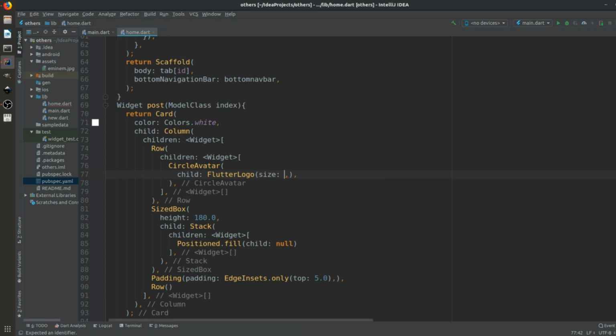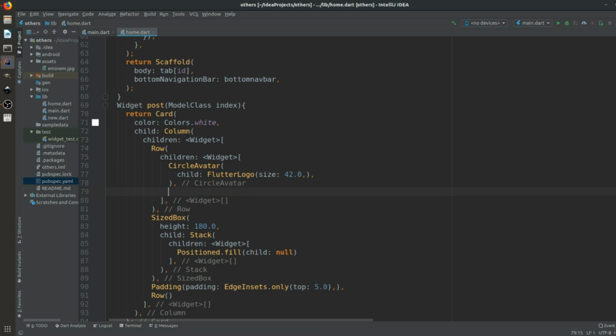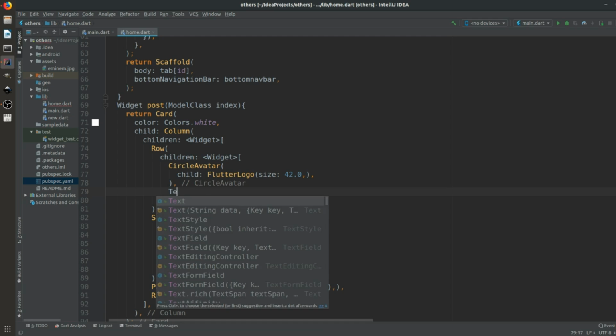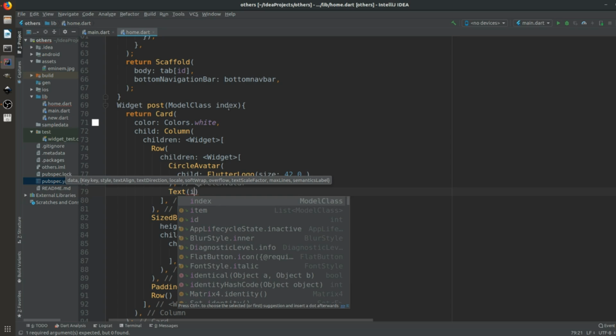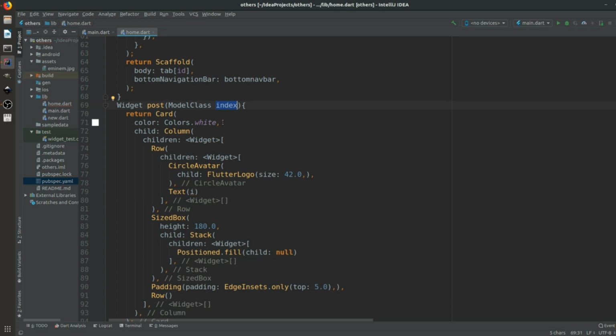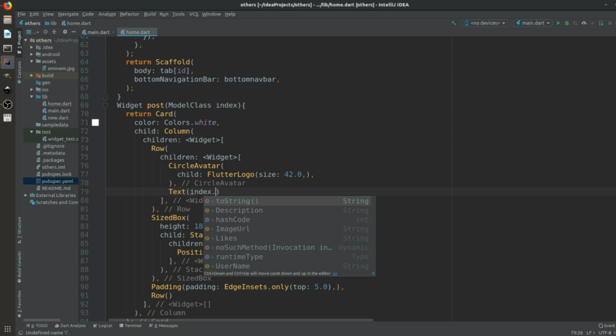I am just giving a size of 42.0, and I'm not giving anything else. After that we will have a text. What will be the text? The text will be the index. We have to just go to this index and call the username, because we have a username, index dot